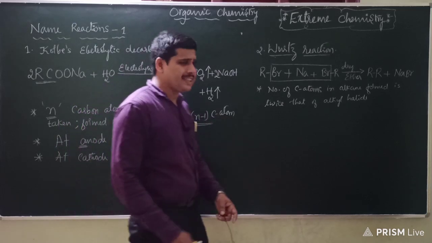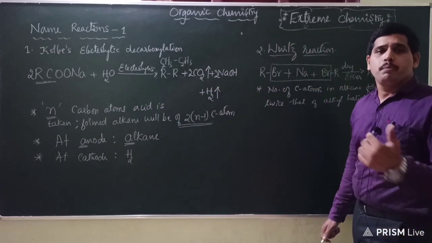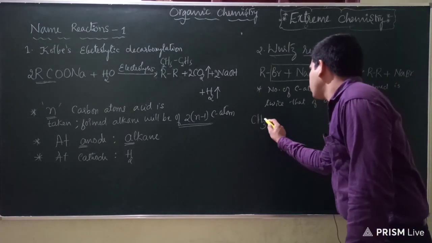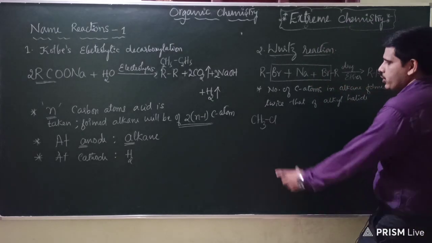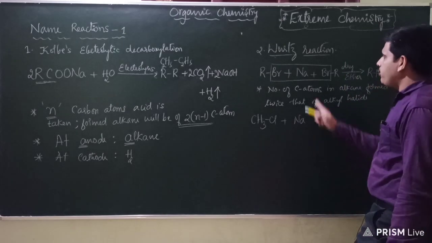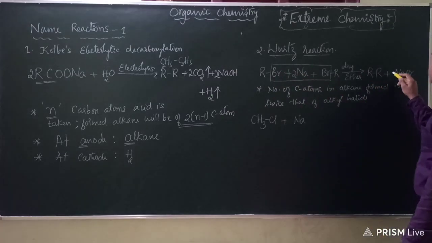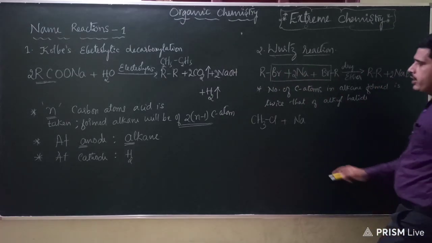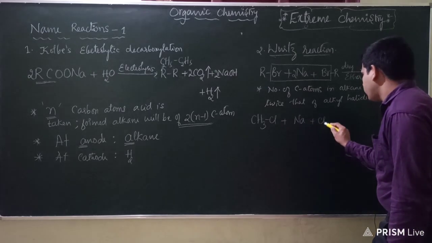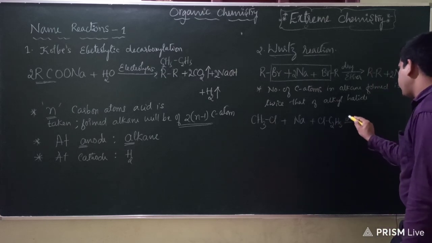alkanes. Why do we say that? Let us take one example to understand the problem with the preparation of unsymmetrical alkanes. When ethyl chloride is treated with methyl chloride, I have taken methyl chloride first, and you treat it with sodium. Of course, to balance the stoichiometry, you need to multiply by 2 here, because 2 moles of Na. Now you have methyl chloride, you treat that with ethyl chloride, C2H5, in the presence of dry ether.